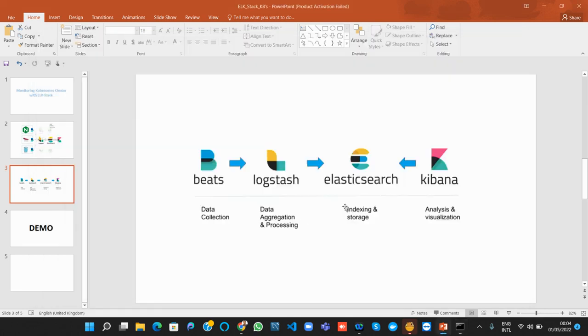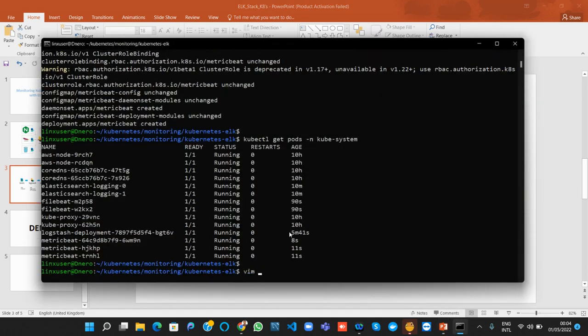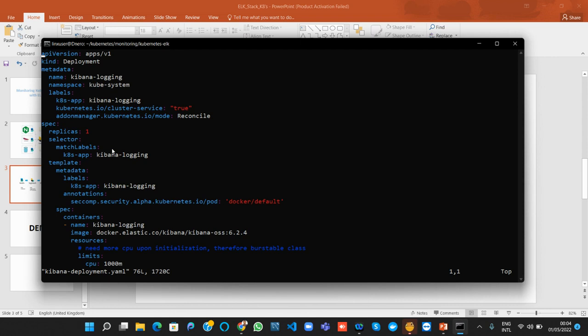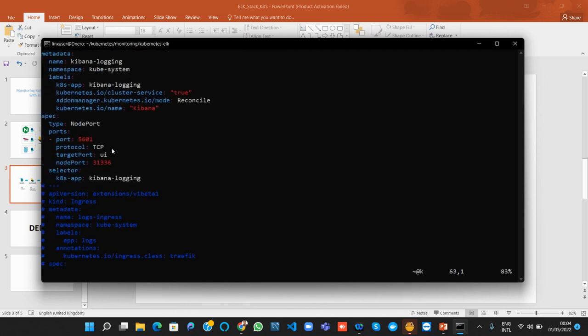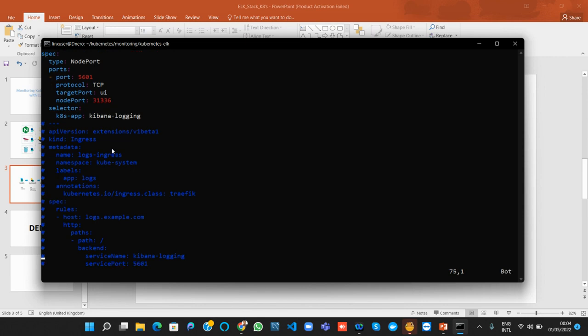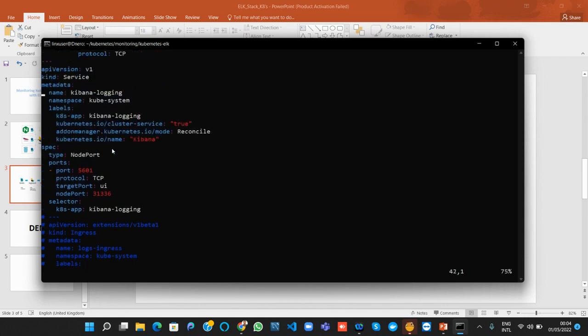So the last on our list will be Kibana. Let's look at our deployment for Kibana. It's the same thing as that of Elasticsearch. Like I always pointed out, I've picked all of these from the Elastic website. The Kibana pod is going to run on